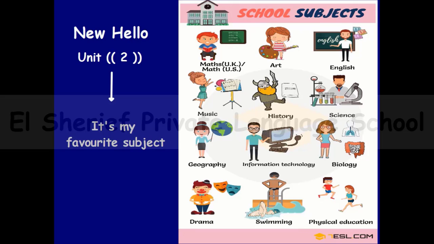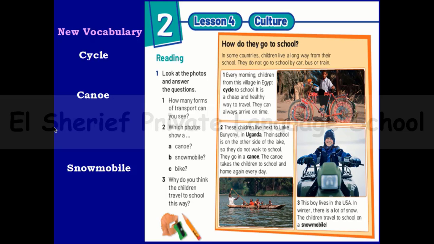Today we're going to start with the second session of Unit 2 in your new Hello book. We are still together in the same unit. It's my favorite subject. But today we will have lessons 4, 5 and 6. To start with lesson 4, we will have a reading lesson. And after reading this lesson, we will extract some means of transport which children use to go to their schools